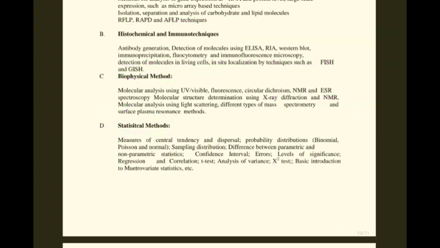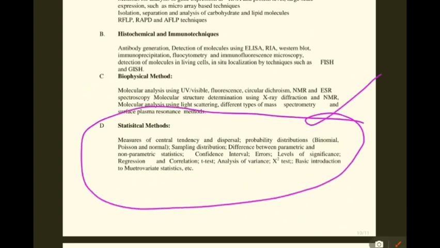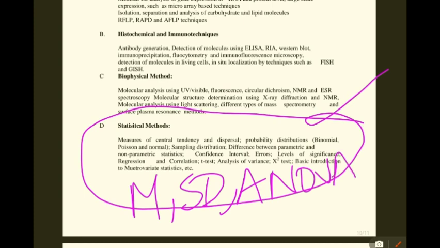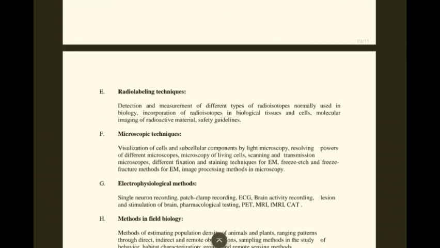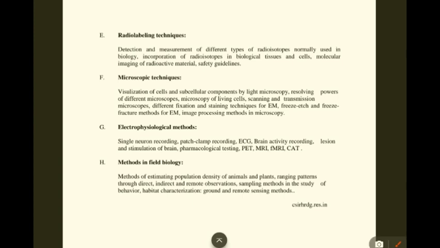Next about various statistical methods to prove our research studies. We use mean, standard deviation, ANOVA, correlation, regression, chi-square test, t-test, binomial distribution, Poisson distribution, about the various measures of central tendency. Next about radio labeling techniques,